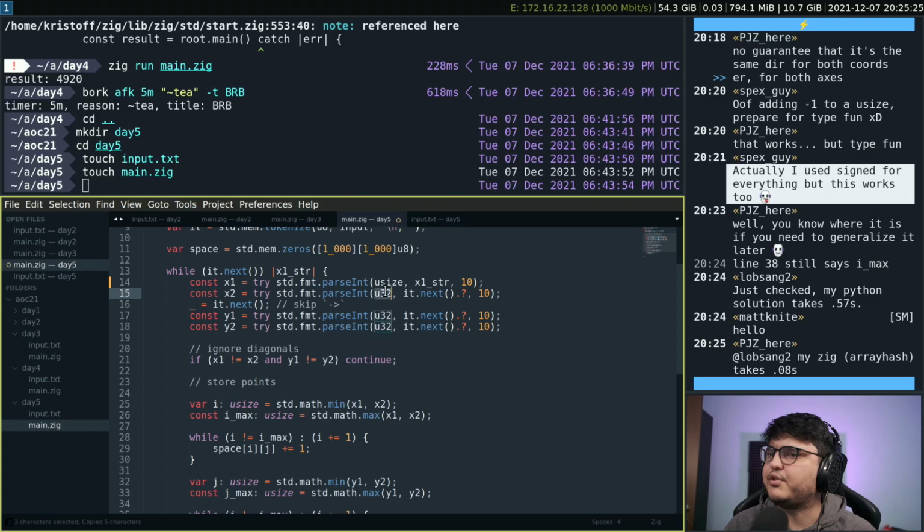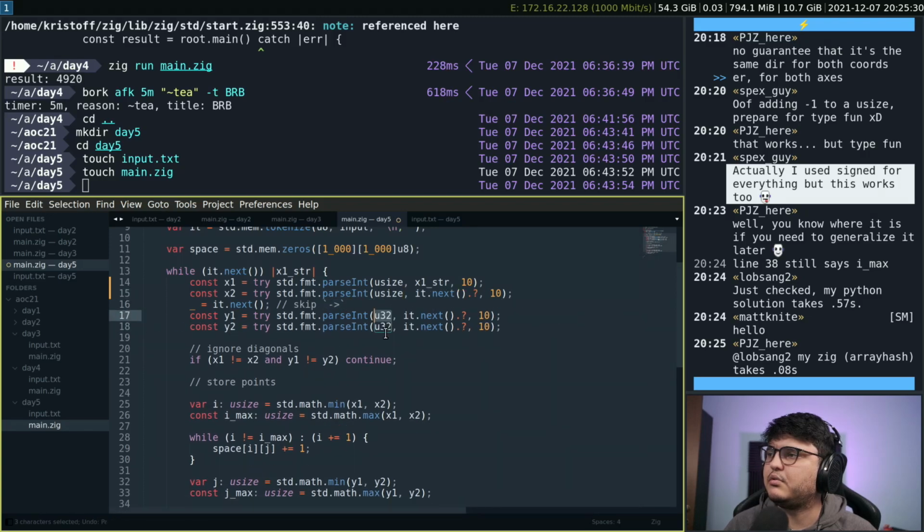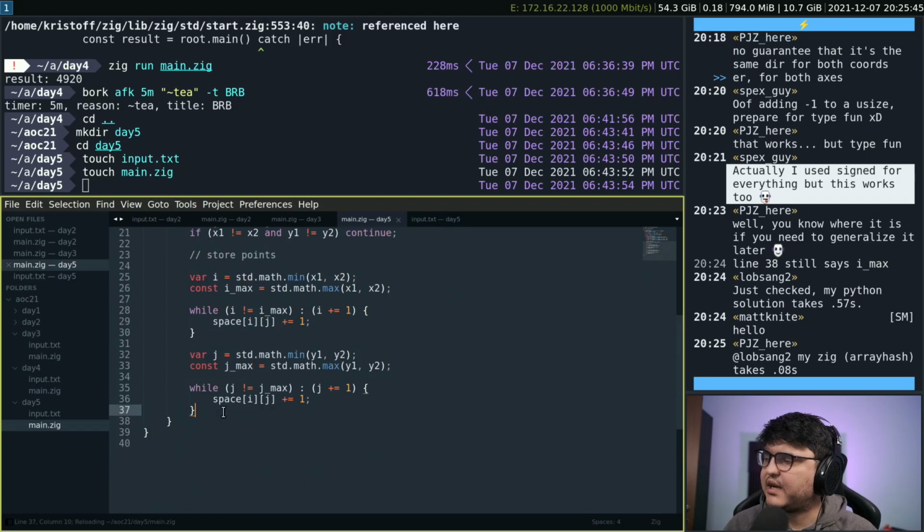So this whole u32 thing was just an idea in the beginning. So let's remove a bunch of type annotations that I don't need. Okay, so we do this, and then finally,